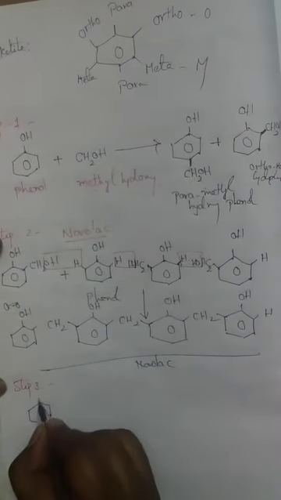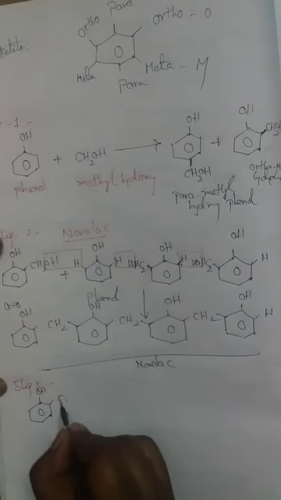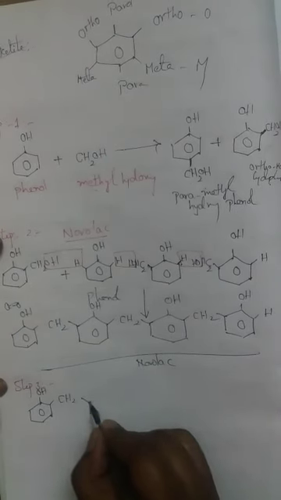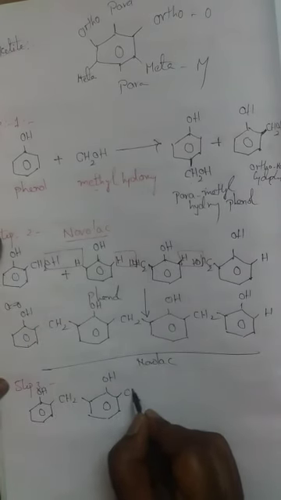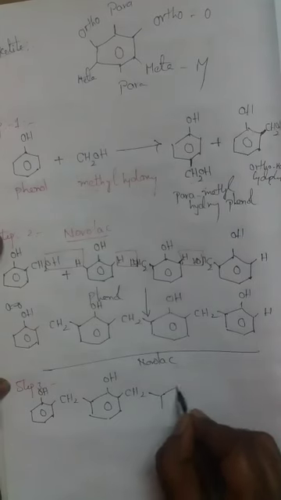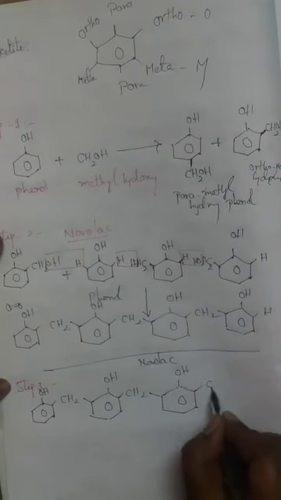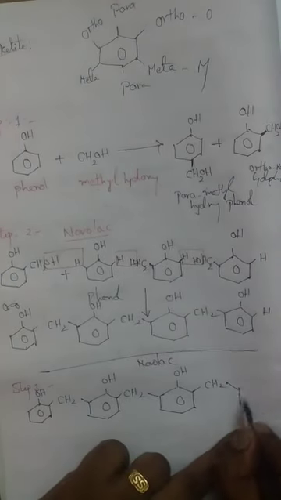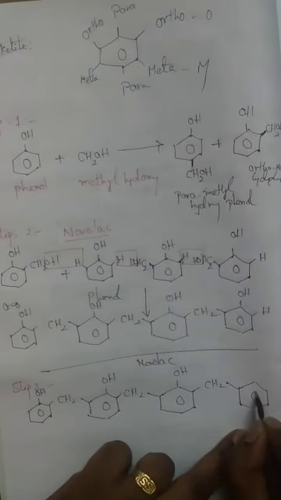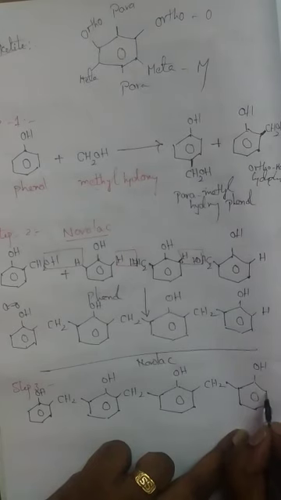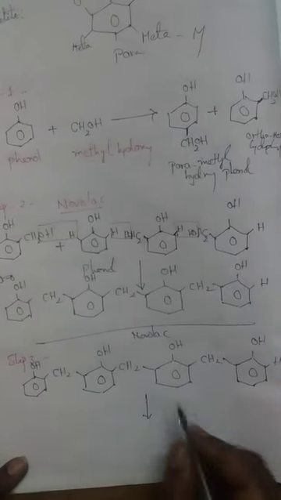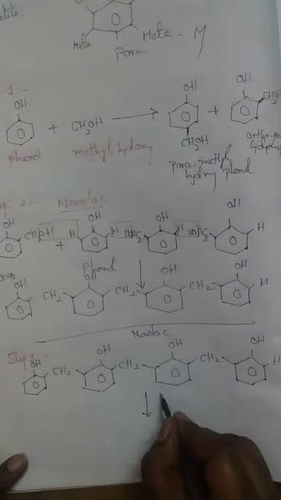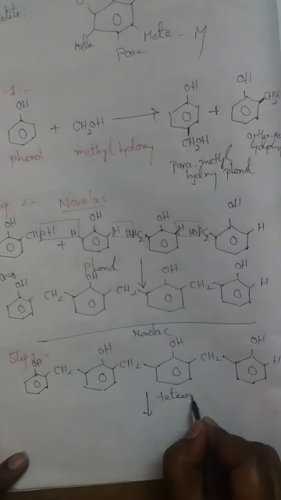The total structure: benzene ring OH CH2, benzene ring OH, I am copying the above step, CH2, next benzene ring OH CH2 and benzene ring OH H. See what will happen: this can be treated with tetramethyl